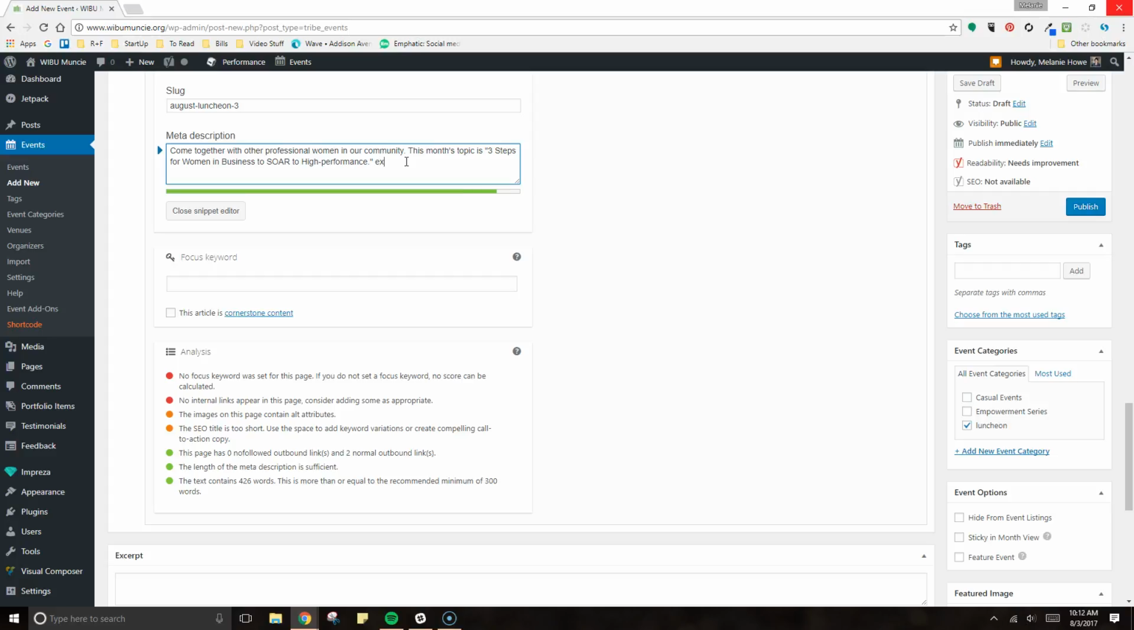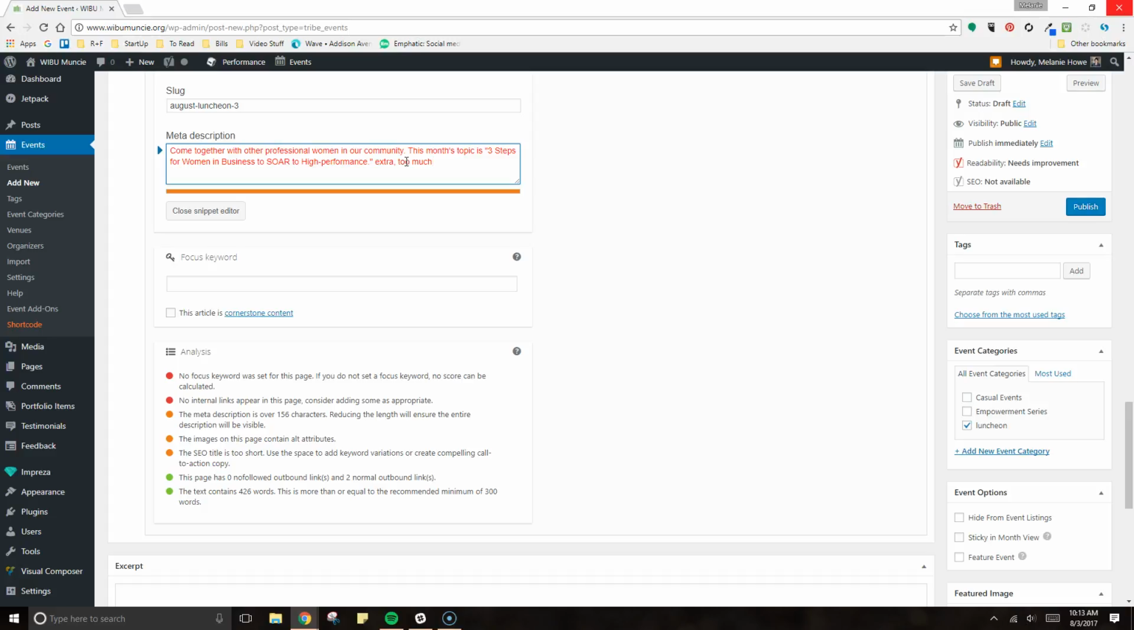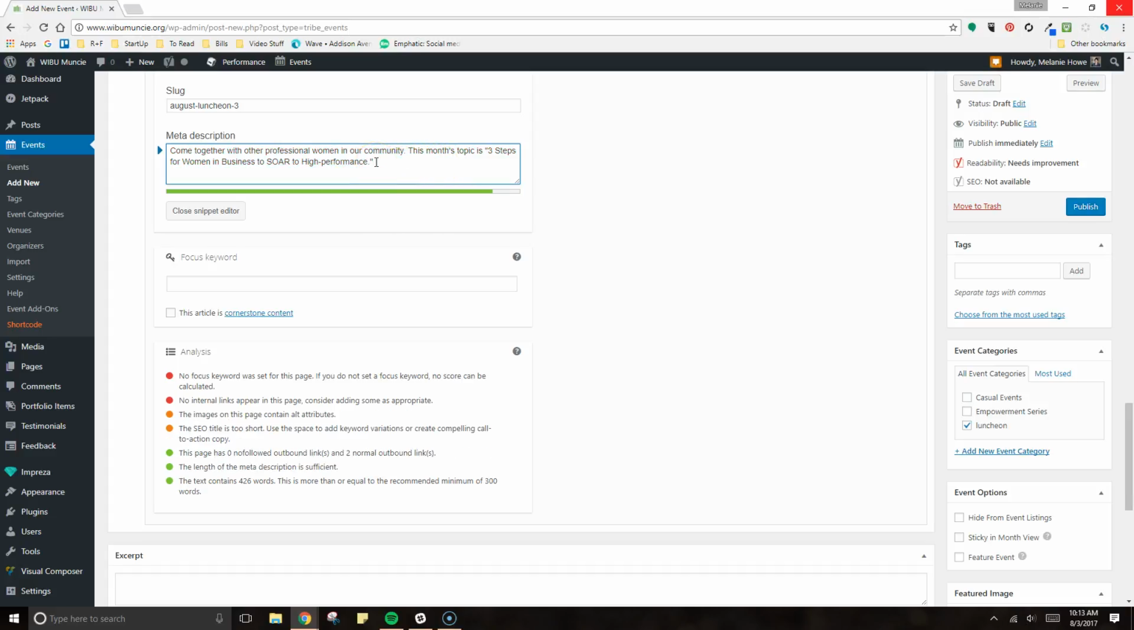If I were to type too much, then it would actually do this. And so that's going to tell you that that's not going to show up. It only lets you have a specific amount of text in here. So let's see here. I'm actually going to edit this. I'm going to say,